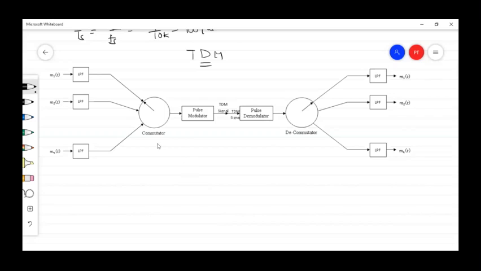That's why the commutator and decommutator will operate in synchronization. What do you mean by synchronization? When the commutator is connecting to M1, here also the decommutator has to connect to M1. So whatever sample you are getting when the commutator is connecting to M1 corresponds to M1 only. That's why the decommutator also has to connect to M1. So like that,